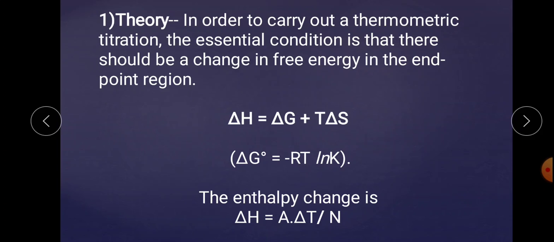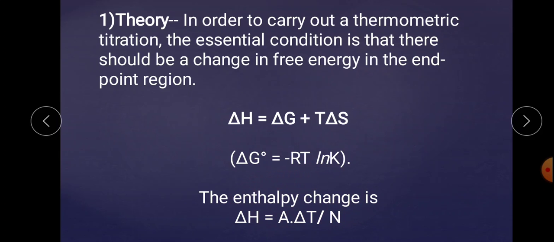Furthermore, one can find the entropy changes provided that the corresponding free energy changes are also known. For example, from stability data and the stability constant, delta G0 is equal to minus RT ln K. So on this basis, the stability constant must be known. Then you can easily find the change in Gibbs free energy, or identify the delta H. The enthalpy change is also given as delta H is equal to A into